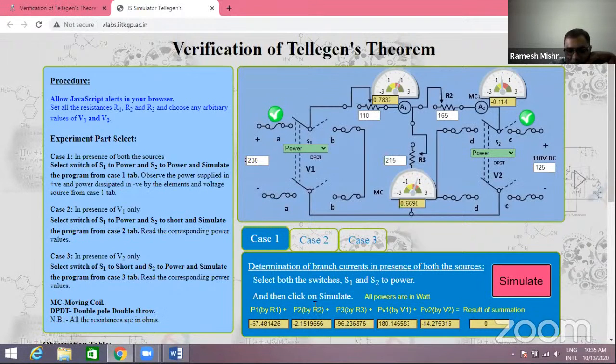Now the third resistance power is equal to minus 96.236876, and the power of the first voltage source is equal to 180.145583, and the second source power is equal to minus